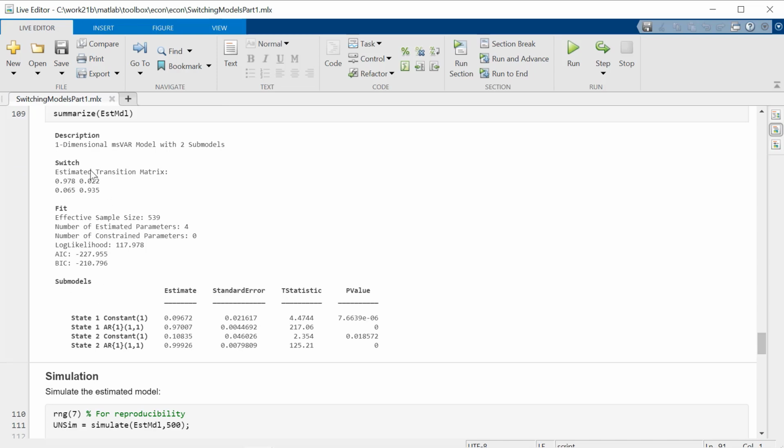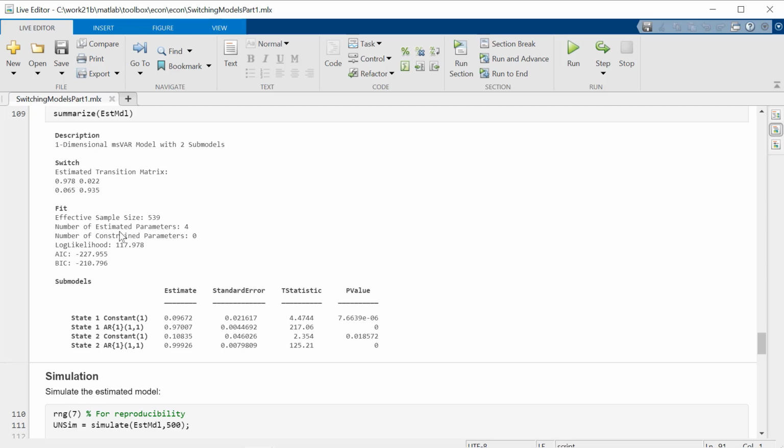And we get this display here. You can see things like the transition matrix. It has a very sticky first state here, about a 98% chance of staying in state 1, and a somewhat smaller stickiness in the second state. So it would seem that the second state here would be the recession state, which the recessions typically don't last as long as the expansion periods. That's what we saw in the data.